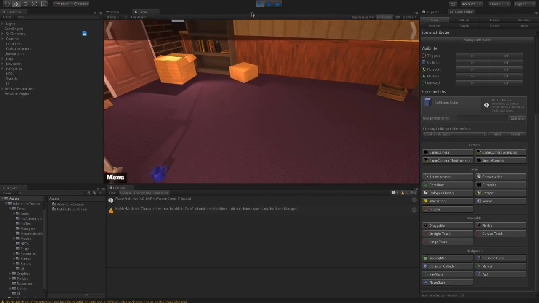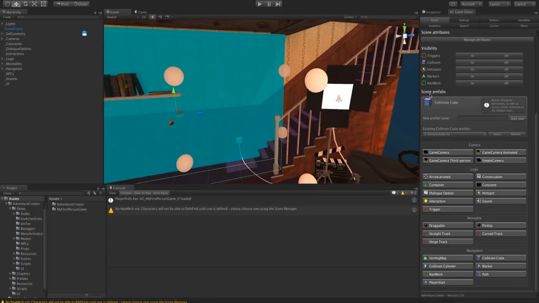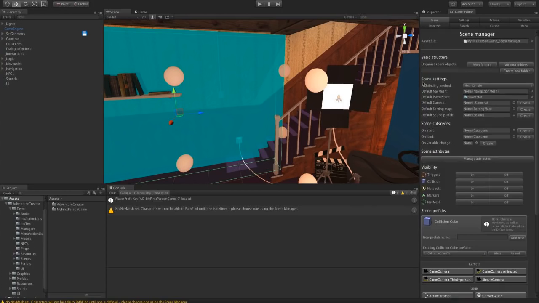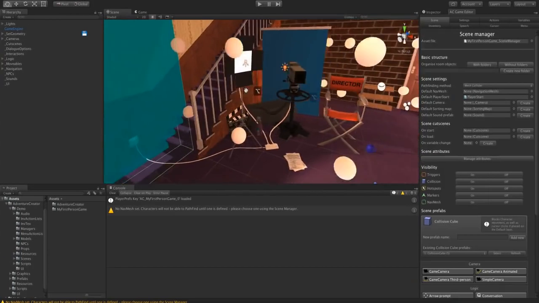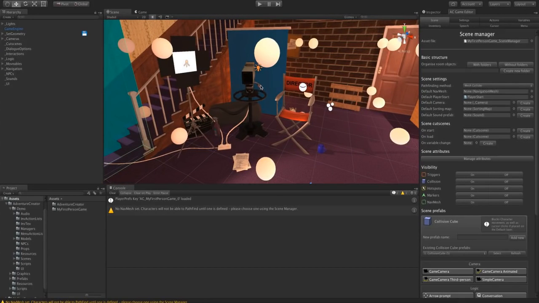Now, we could make use of nav mesh. You see, in our scene settings, we have our default nav mesh, we have our pathfinding method. We're not going to make use of any of that for this particular tutorial. When making a first-person game, you're only really going to want to use pathfinding if you want to move the player, say, during cutscenes, or if you wanted NPCs to walk around.